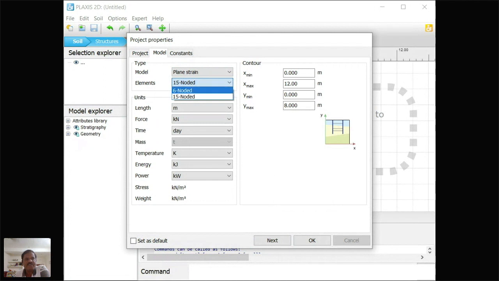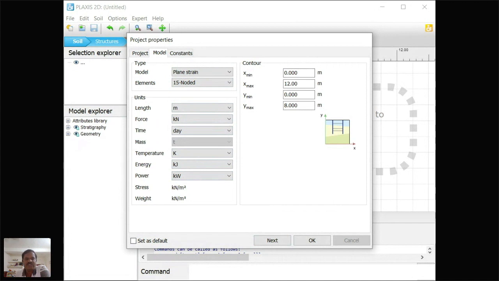The 15 node is higher order, so we will get a better result compared to the 6 node, even with a small number of elements. The remaining units you can keep as default, unless you need to change the unit. For 90% of your problems, the default unit will be satisfactory.